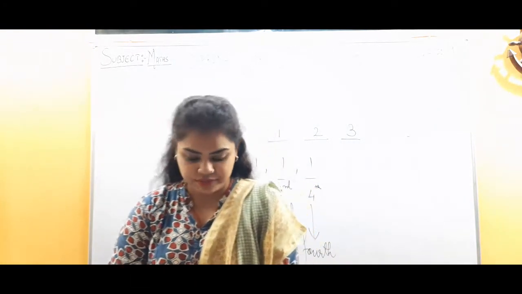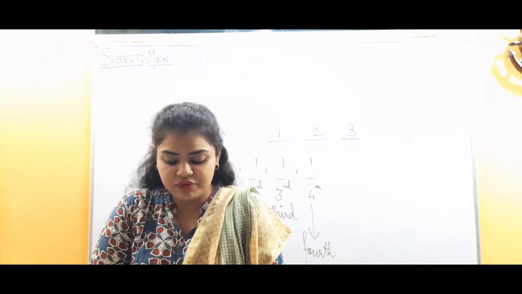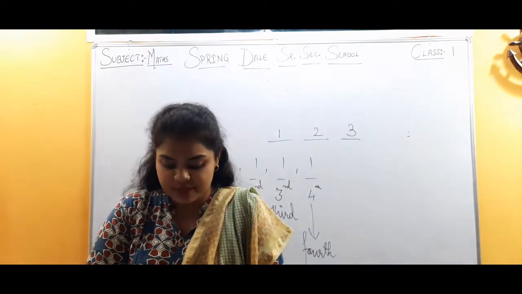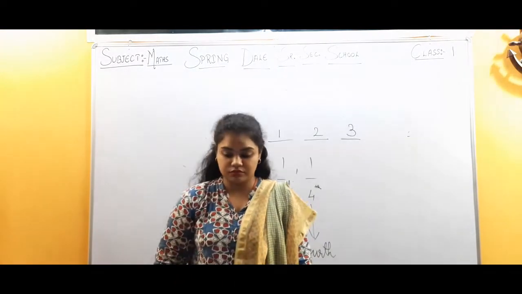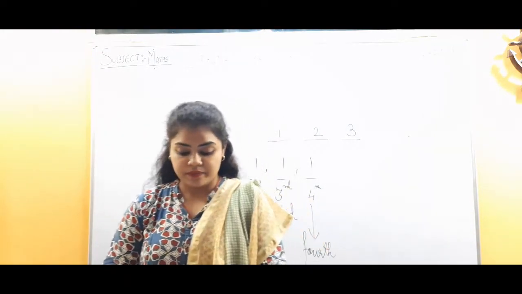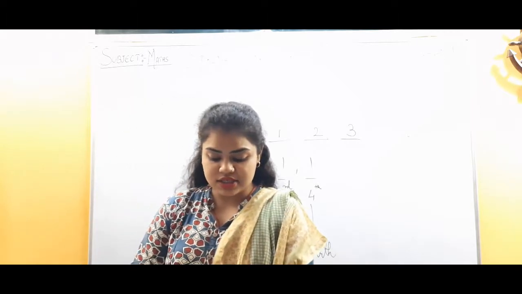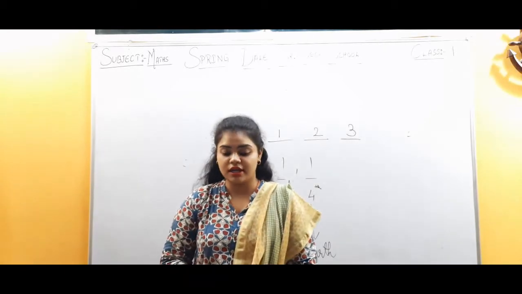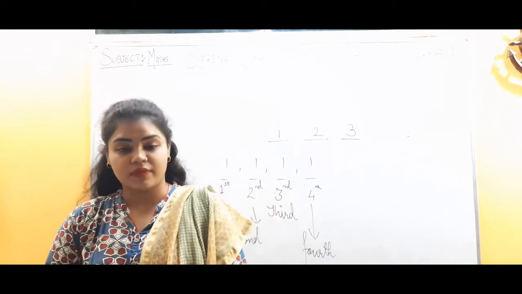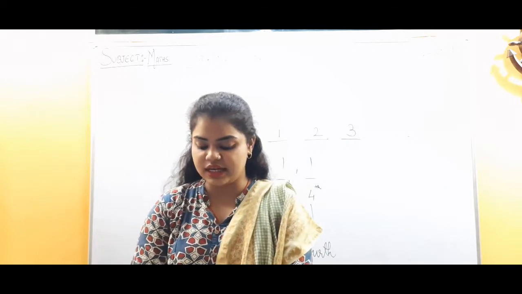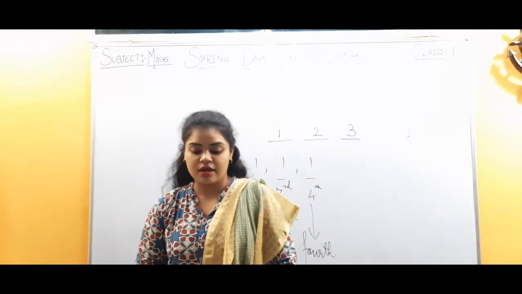The question says, starting from the left, write the words for the position of the pictures marked with a cross. What has been done for you? Now children, here are some pictures in your textbook where the cross has been made. Before that, you have to just count how many numbers will come in the box. First one, we have fishes. 1, 2, 3, 4, 5, 6, 7, 8 and 9. Total we have 9 fishes.